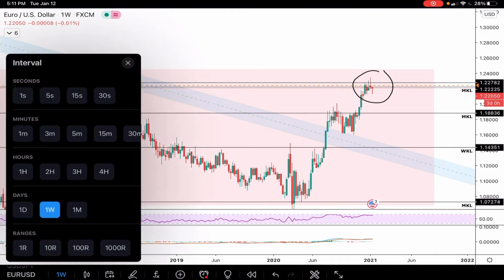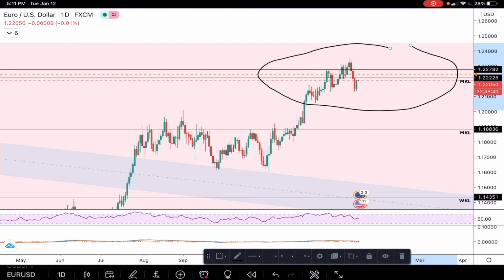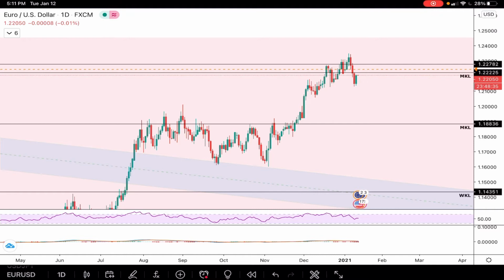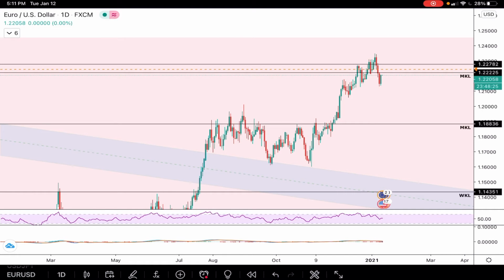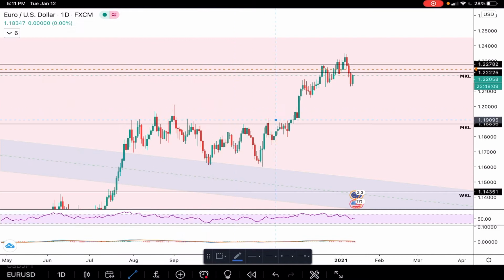So now breaking this down on a daily, you start to see more in detail what's going on. You could very well say that this is a retracement, and it could still be going higher. And yeah, it could very well still be going higher. Like I said, mind you, this red box is a big range on a monthly, at least how I perceive it. So what I'm seeing here is I do see still an uptrend, right? You could say that even putting a trend line right here,